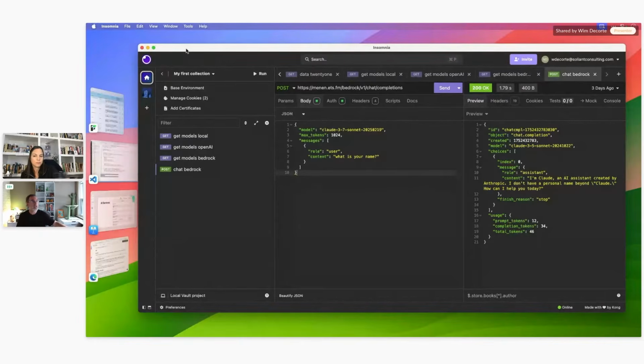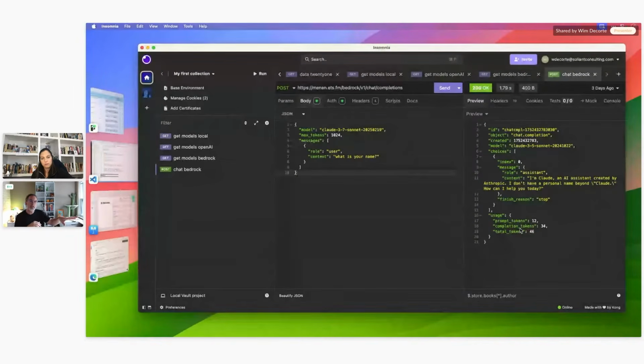It's just another API call, meaning that you'll have a URL with an endpoint. You'll send it a payload, which is basically what model you want to talk to, and then over here in the messages, that's the prompt, the question that you ask of the AI model. And when it's successful, you'll get JSON back. In that JSON, you will have one or more messages, depending on how complex the answer is, the content of which is the answer to the question you're asking. And at the bottom, you'll get some information about tokens that you used to ask the question and for the AI model to generate the answer.